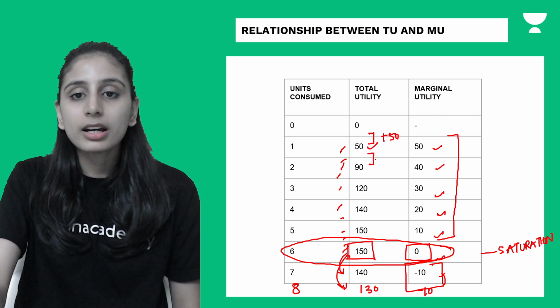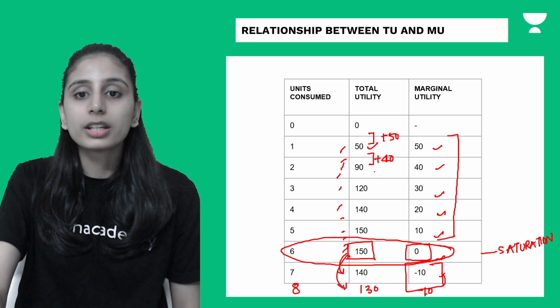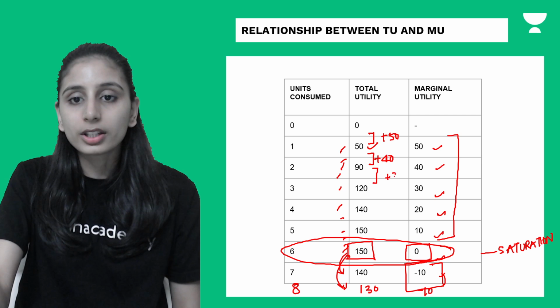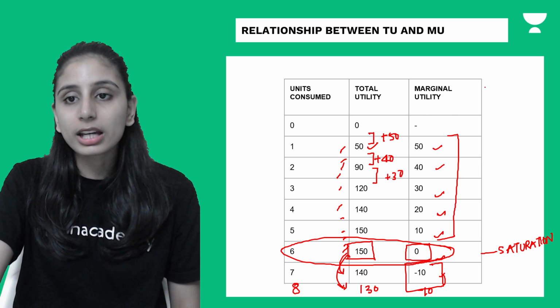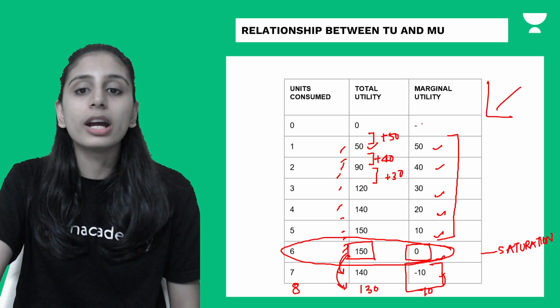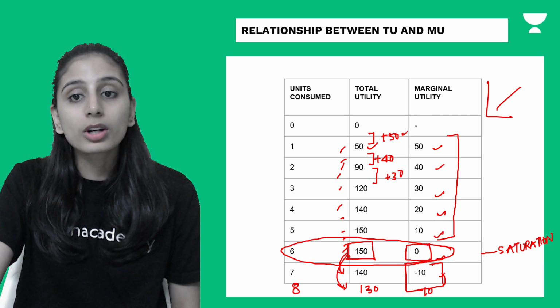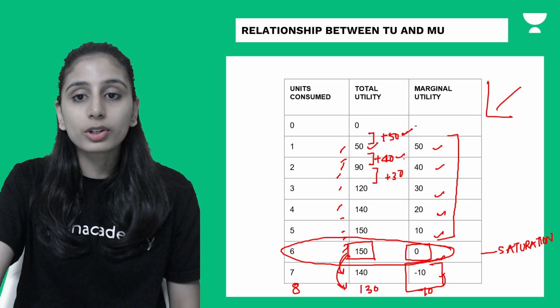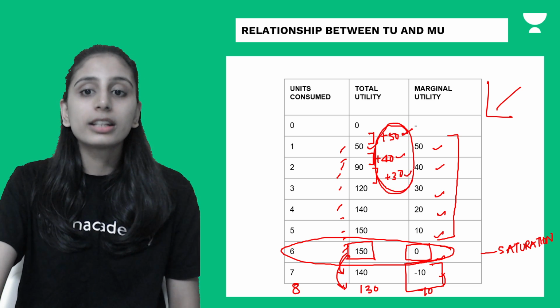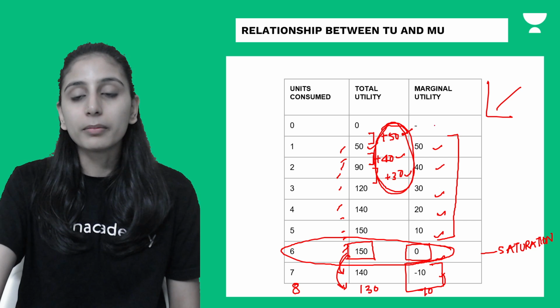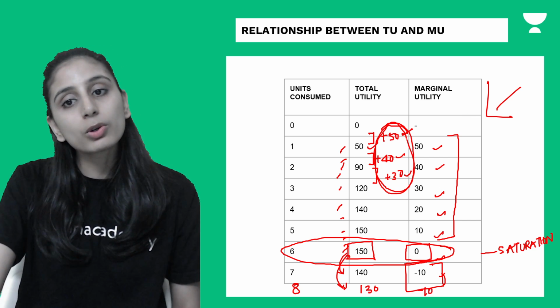यहाँ पे हमारा 40 यूनिट्स का एडिशन, यहाँ पे वी गॉट एडिशन ऑफ 30 यूनिट्स। तो वी कैन सी कि एडिशन तो हो रहा है। उसका क्या मतलब है कि TU इंक्रीज तो हो रहा है बट जो रेट है वो कम है। पहले 50 था, फिर 40 था, तो 30 था। द रेट इज डिक्रीजिंग। ठीक है। रेट डिक्रीज हो रहा है बट जो एडिशन है वो कुछ तो एडिशन हो रहा है।